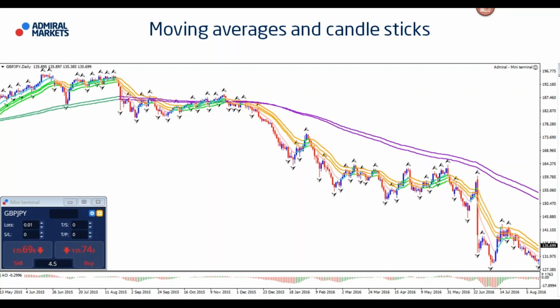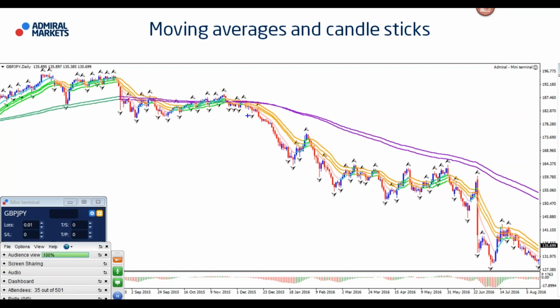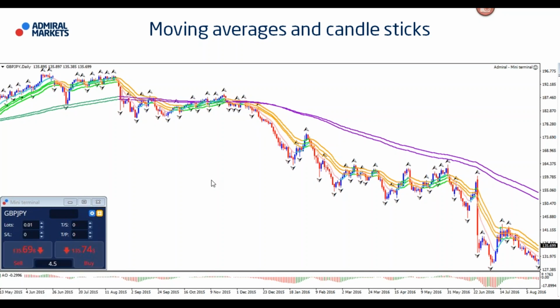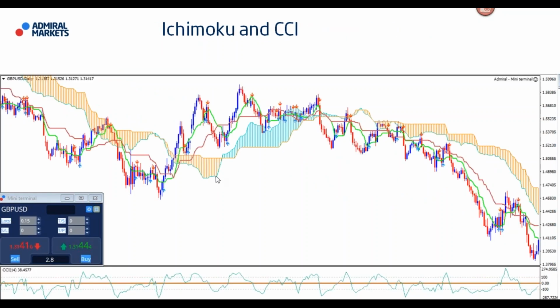For breakouts, pullbacks, shallow and large, we can't use the moving averages for targets, but that would be either trail stopping it, using moving averages, using fractals is one way, or using the fibs, or using strong support or resistance levels from daily charts, round levels, those types of things. The thing is that in this case, price is moving away from the moving averages, so we can't use those moving averages for targets. We're going to have to use other things. All right, so let's move on.